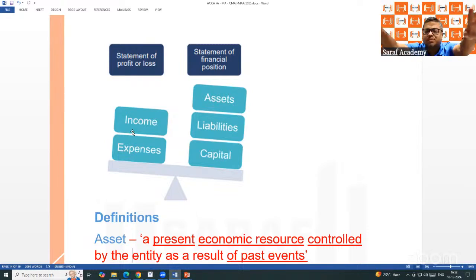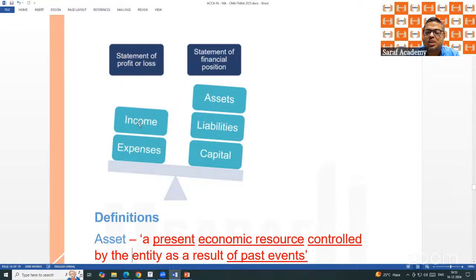If I have a computer, laptop, camera, all these worth 10 crore, then my liability plus capital is also 10 crore. Because how did I get 10 crore of assets? When I have 10 crore of liability and capital, the assets and liabilities are always equal. Liability is the outside liability and capital is the owner's liability.